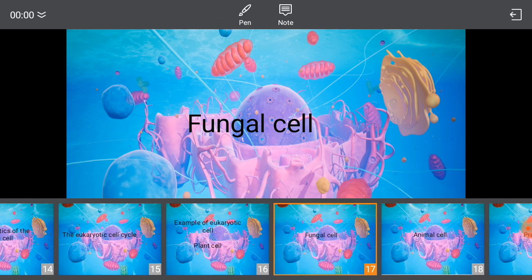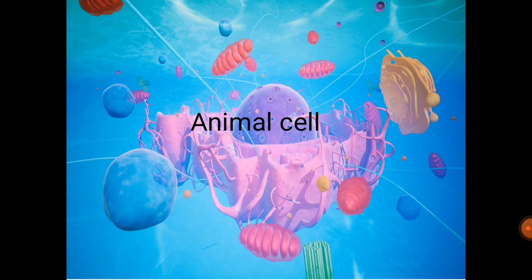Moving forward, the next example of eukaryotic cells is the animal cell. Animal cells do not have cell walls. Instead, they have only a plasma membrane, which allows animal cells to form many different shapes. This allows for the processes of